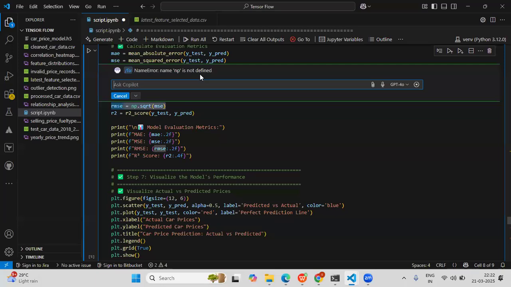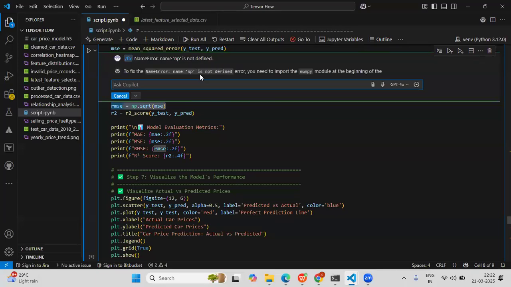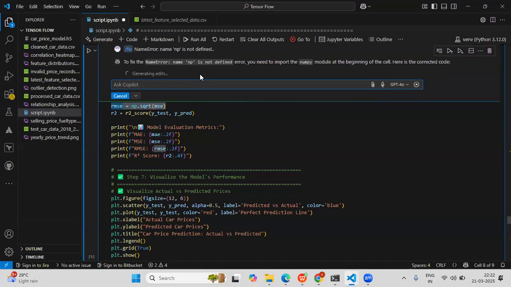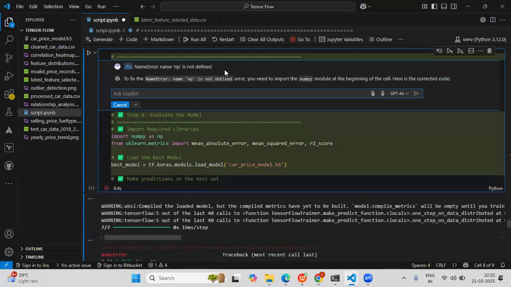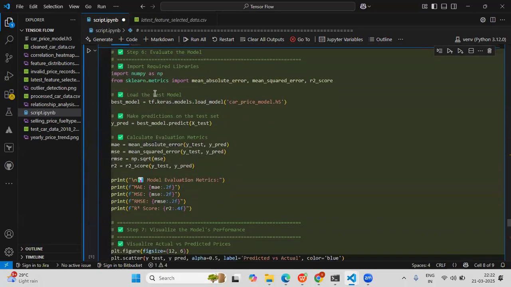Okay, we need to import the numpy module. Yeah, import numpy as np.